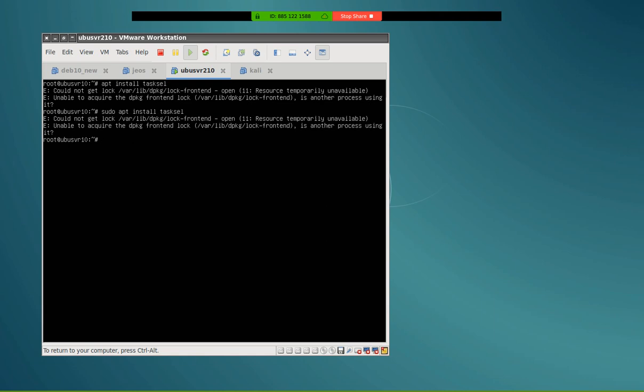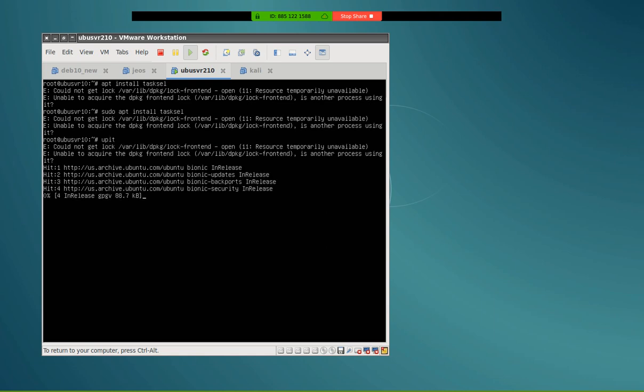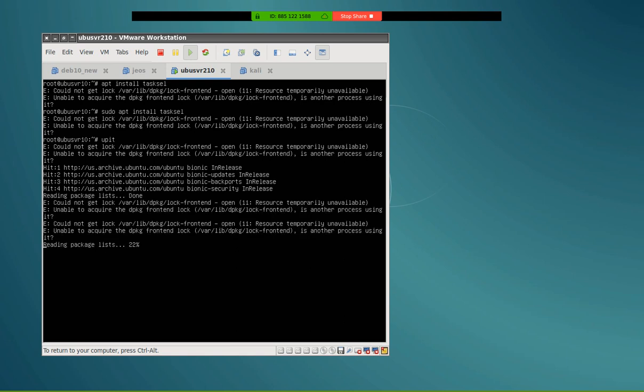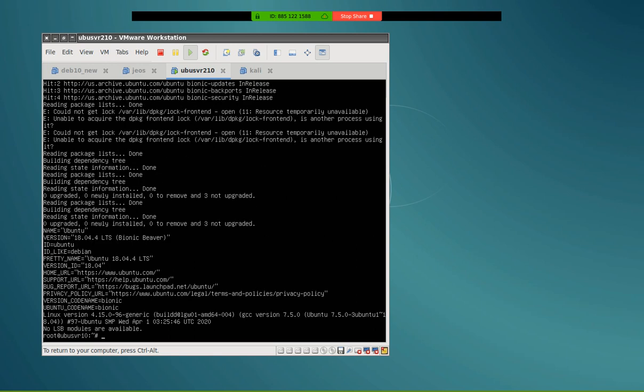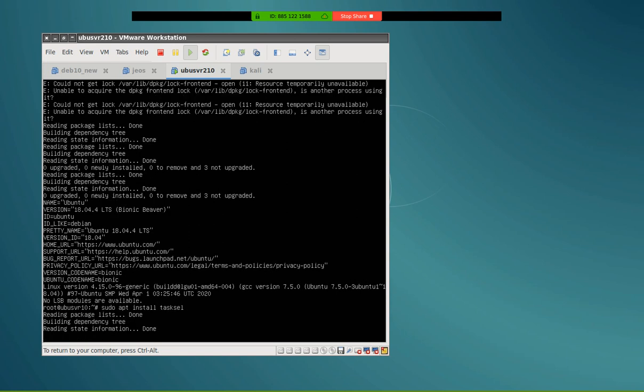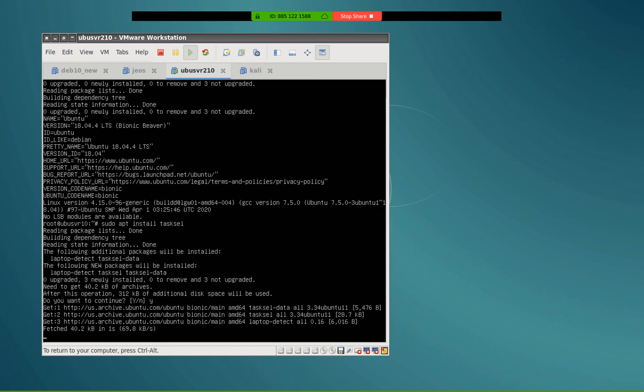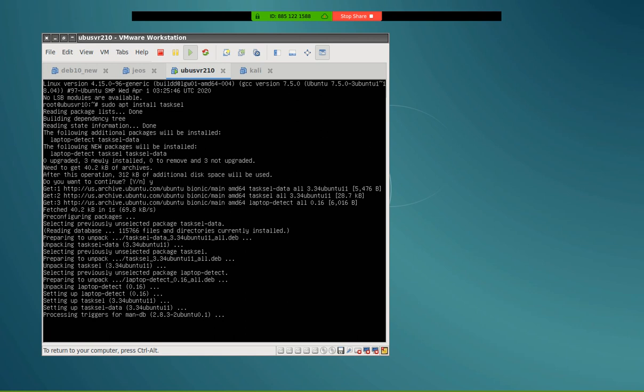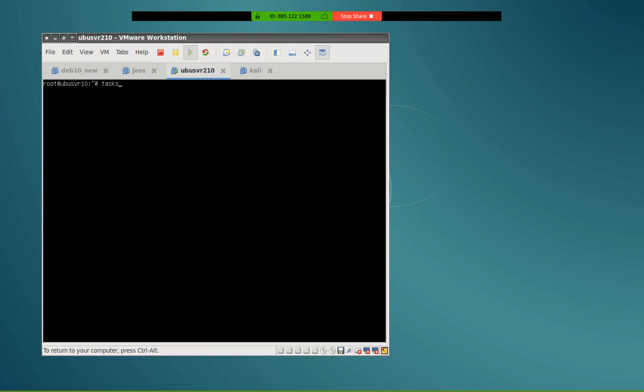What that's telling me is it's updating in the background, so you have to let it do its thing while it's updating. And let's see if this works now. Yeah. All right. So what did I do? I typed in apt install tasksel to install it. Now when I'm ready to do this, I type in tasksel,